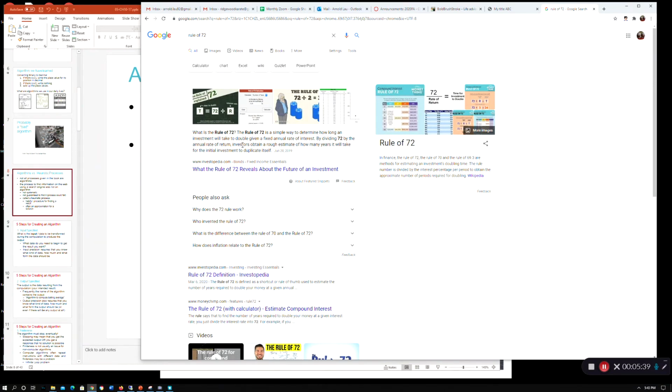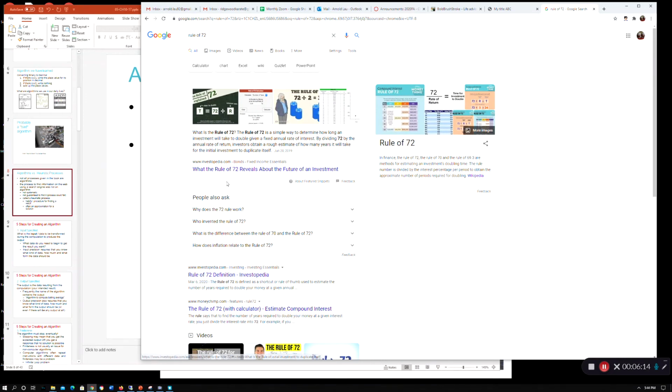Right, it says investors get a rough estimate of how many years it will take to get the investment to duplicate itself. So you probably know, or you may not know, but we'll actually cover it a little bit later. Excel has a whole bunch of different math functions, and some of them deal with what happens if I borrow money or have an investment, and how it will grow over time. So you'll have essentially how an interest rate will take some value and how that plays out